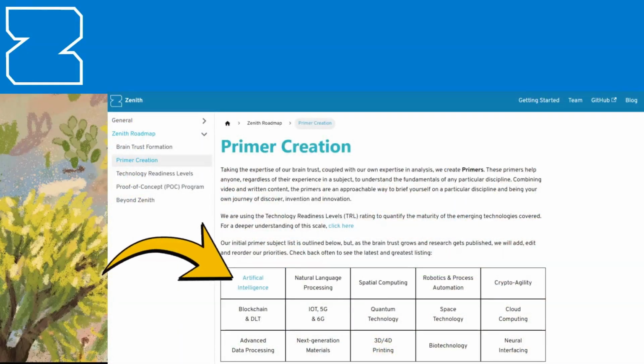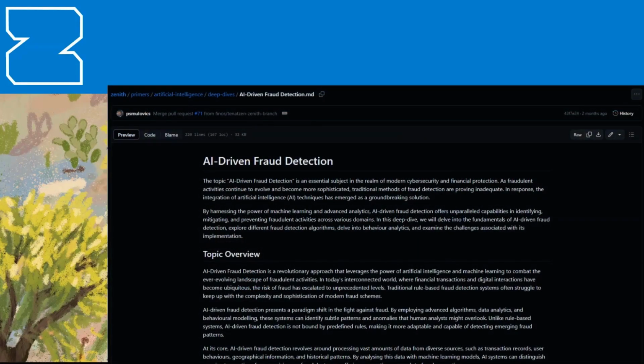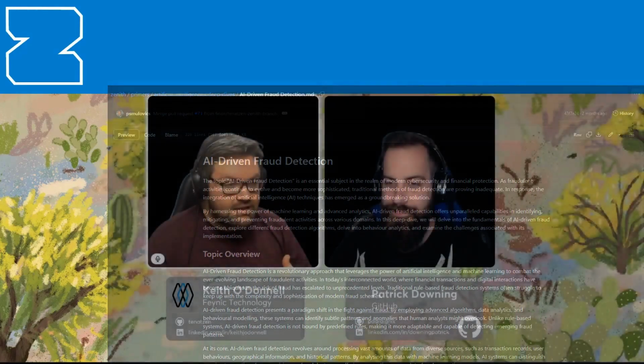So, for example, we've just done the AI primers and so forth. We've looked at, say, AI driven fraud detection. What we're looking at there is some blockers that we've identified where the parameters of how this is going to work, the best types of algorithms for this to work on, how we're going to mount this on different types of standard proprietary hardware or different types of cloud services. Like, these are all open questions that no one has a full solution for within the industry. That would be really great if we could contribute something that then becomes an open source standard that anyone in the industry could use. And we're at the stage where you could propose it and we could start to build it. And then lots of other people could come in and contribute as well.